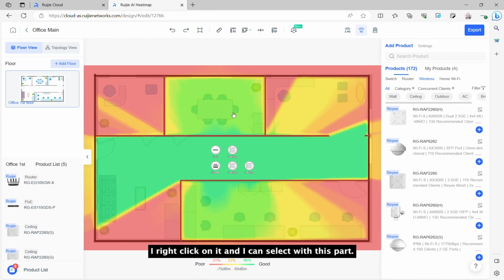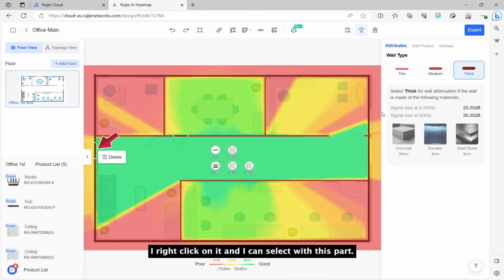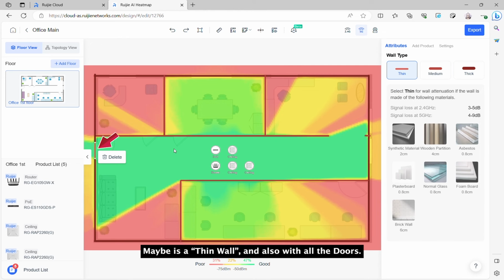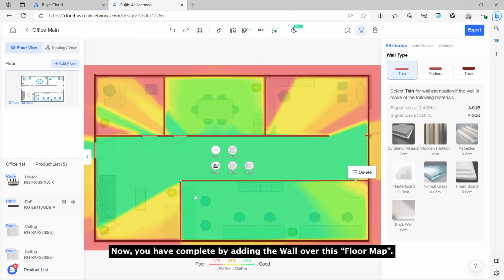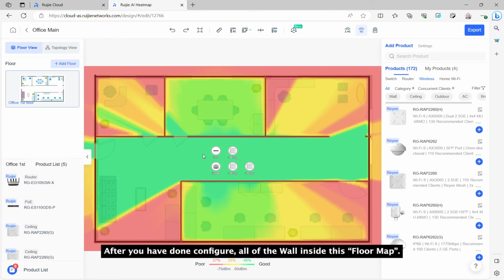I right click for edit. And I can select this part, maybe it's a thin wall, and also all the doors. Now you have completed adding the wall over this floor map. After you have finished configuring all of the work inside this floor map, now you can adjust your